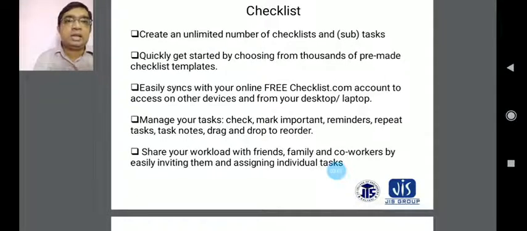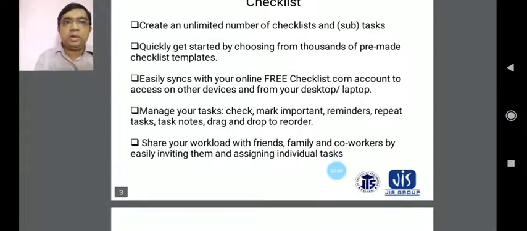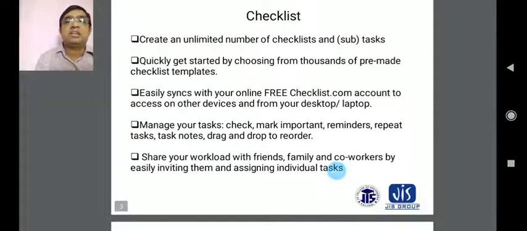You can quickly get started by choosing from thousands of pre-made checklist templates, choosing the things you want to use in your checklist, and easily synchronize with your free online checklist.